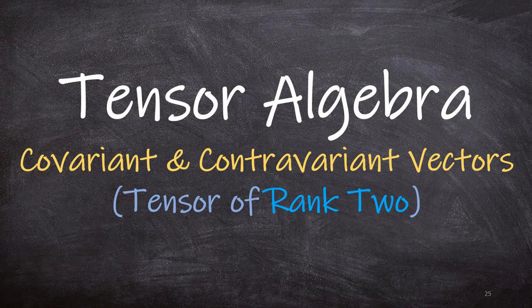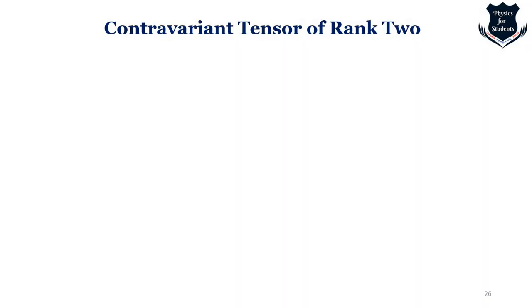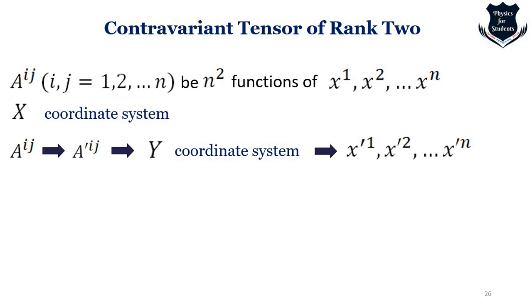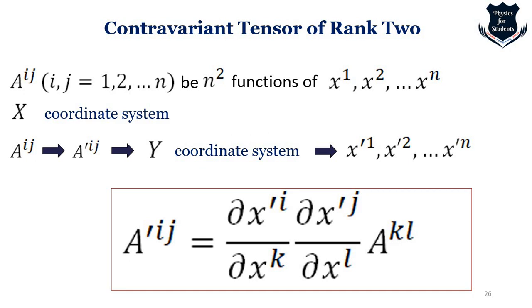So now we go ahead and understand the tensor algebra and the tensor of rank 2. It won't be too difficult because we will follow the same thing. Let A super ij be the n square functions. Now it is rank 2, so obviously it would be n square functions. And if the quantities A superscript ij are transformed into A prime ij in the y coordinate system with coordinates x1 prime and so on, then according to the law of transformation we get this. And then we call these A ij the components of the contravariant